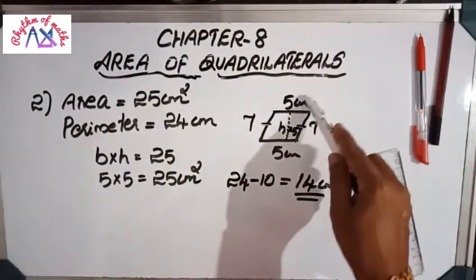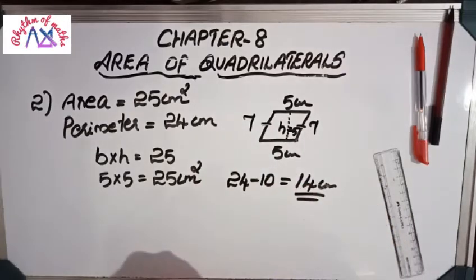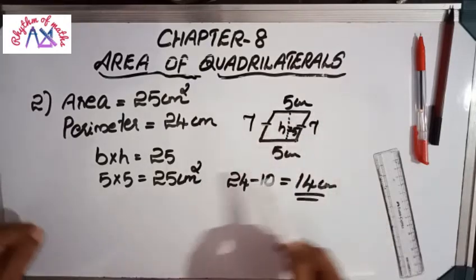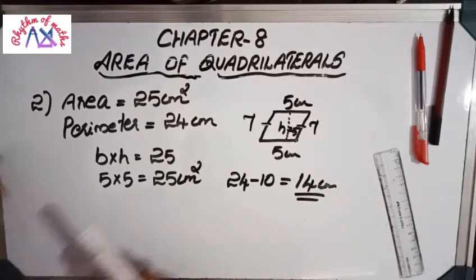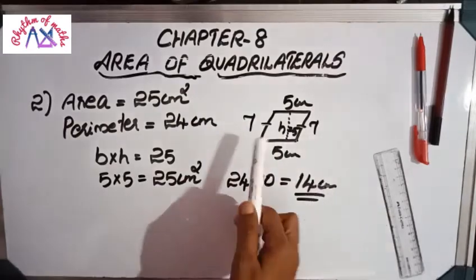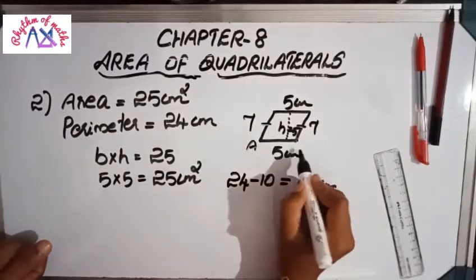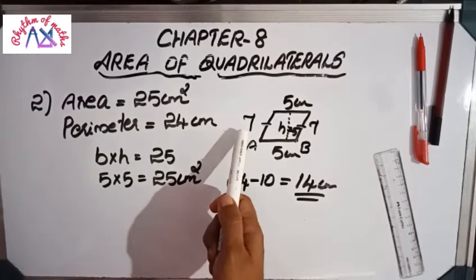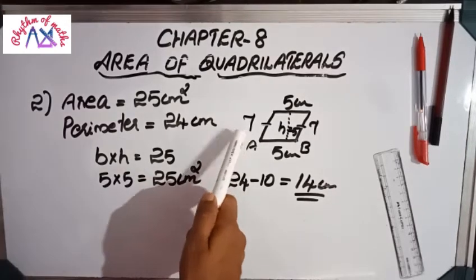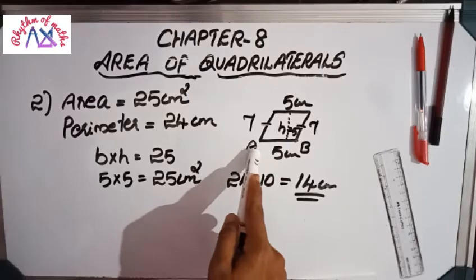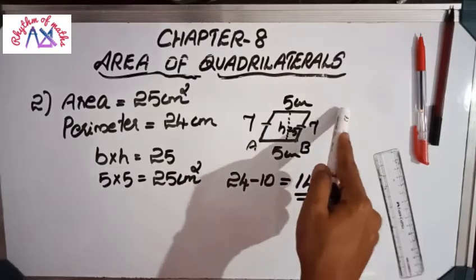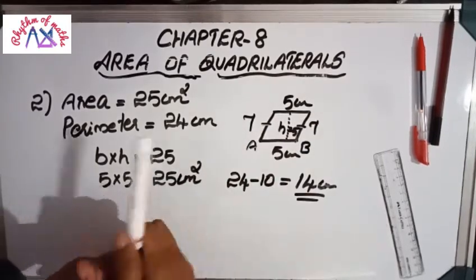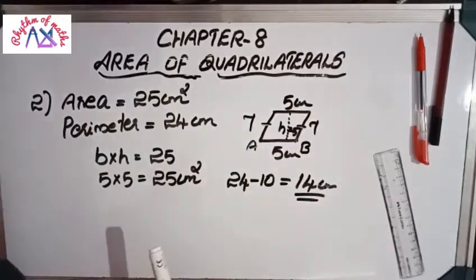Sides as 5 centimeter and 7 centimeter, height as 5 centimeter. Try to draw this figure the same way as the first question. What is the method? First draw a square. 5 centimeter square first. Then mark these points as A point and B point. Instead of 6 centimeter, you have to measure 7 centimeter in the compass. And from point A draw one arc. From point B also one arc. Extend, then join. Okay, try to draw the figure.